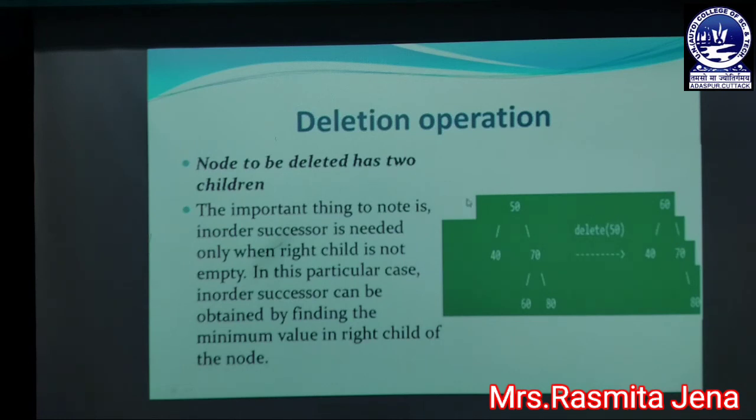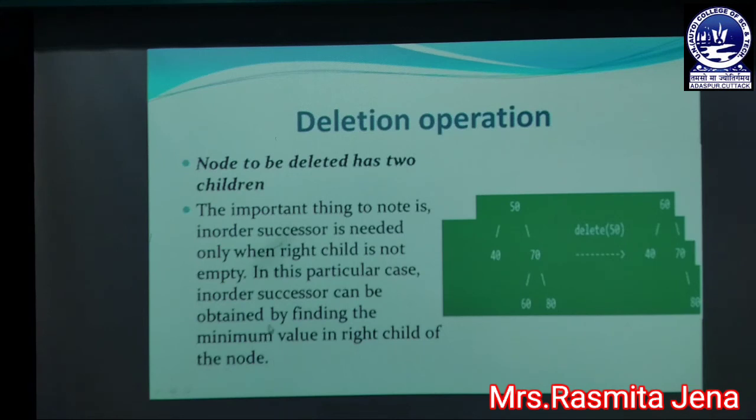That means the node must have its left child and also a right child. In this case, the important thing is that the in-order successor is needed only when the right child is not empty, and in this particular case the in-order successor can be obtained by finding the minimum value in the right child of the node. Okay.